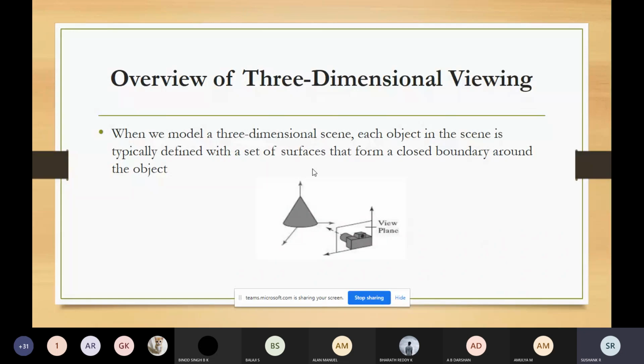For 2D graphical applications, the viewing operation was transferring the position from one coordinate system, the world coordinate plane, to pixel positions in the output devices.